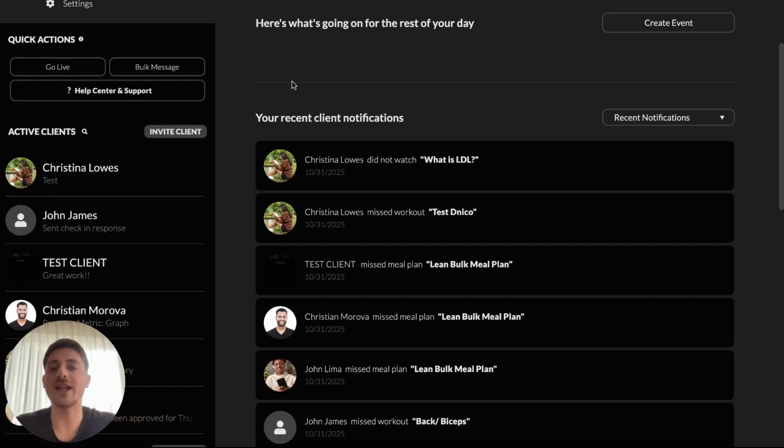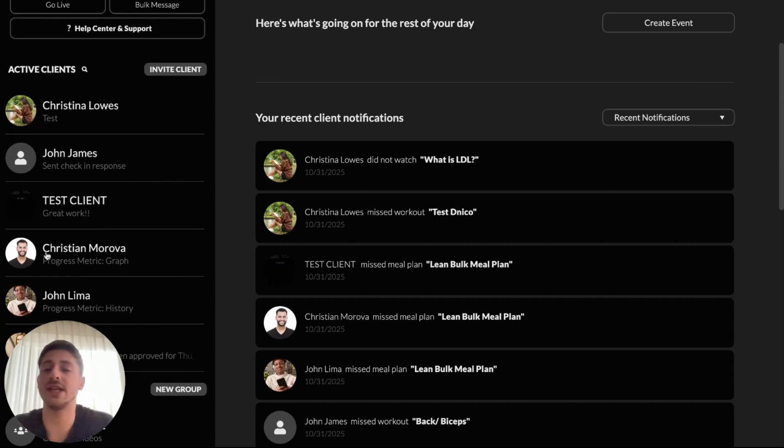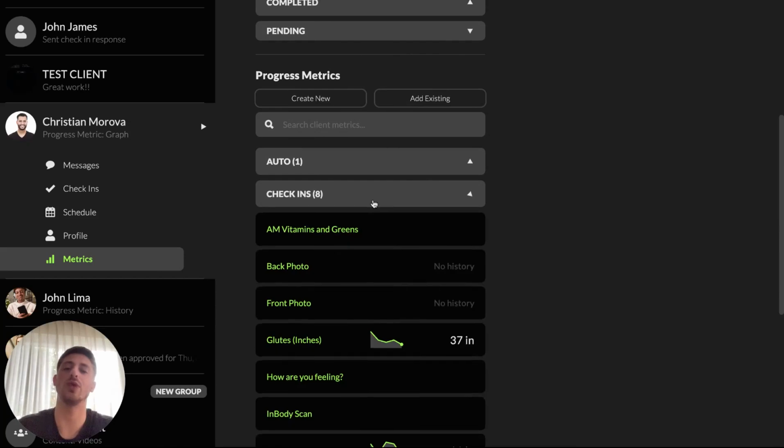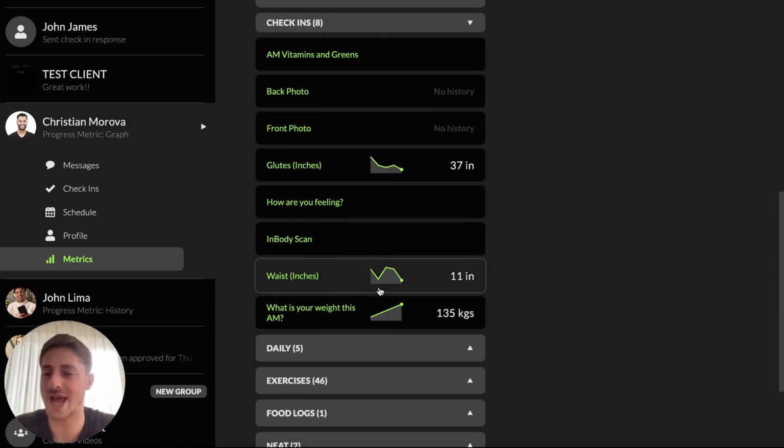Now, all of that stuff is to kind of manage clients in bulk. And of course, keep in mind as well, right? When we talk about progress and need to check in on clients, it's very powerful to use their metrics section, because this is where their actual data is stored for individual exercises and weight metrics, whatever it may be, progress pictures. You can see all of that here. But this is really to check in on individual clients. So super, super useful as well. But of course, some of the things we just talked about were more so doing things in bulk for a big group of clients, managing more volume. But it's really valuable to go through some client profiles, check their metrics, check their progress in it,